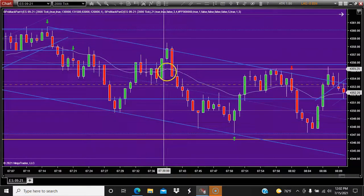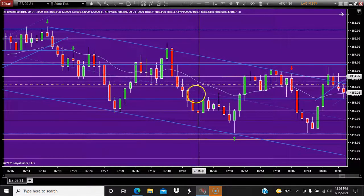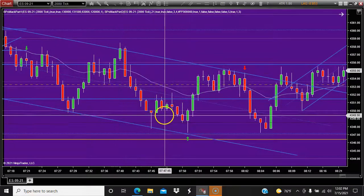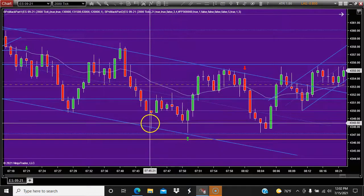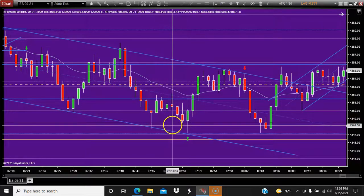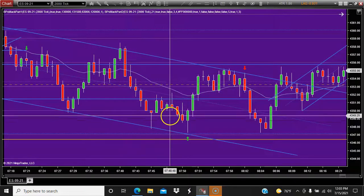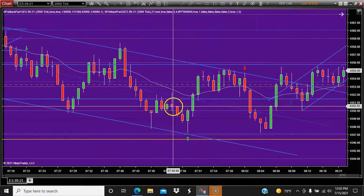First entry, second entry short, with no setup to go back into the main congestion area. First entry, second entry, they trap a bunch of longs right here. So if you're reading this correctly, this looks like a second entry short. It's actually not, but it is a failed second entry long right here, kind of like a breakout pullback as well. But if you just wait,